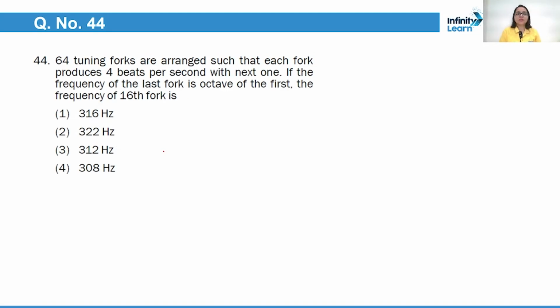Next is question number 44. 64 tuning forks are arranged such that each fork produces 4 beats per second with the next one. If the frequency of the last fork is an octave of the first, the frequency of the 16th fork is. So let's say the frequency of the first fork is A, then the next will be A plus 4, then A plus 8 and so on. So you can see that all frequencies are making an AP, right? So you can write the nth term of the AP as A plus (n minus 1) into d,